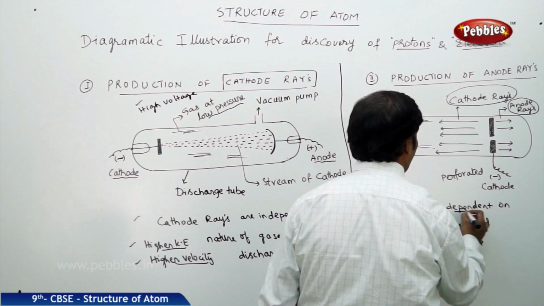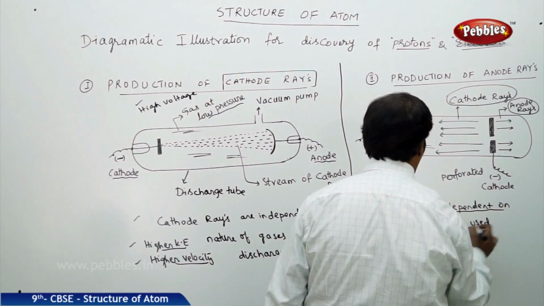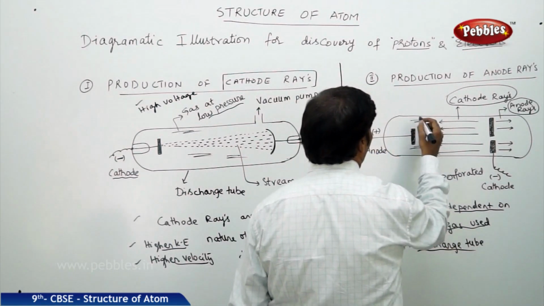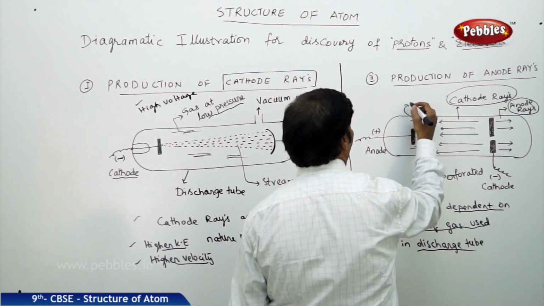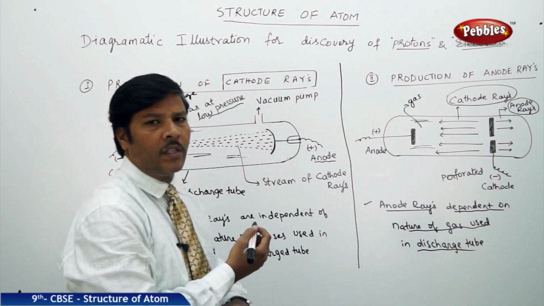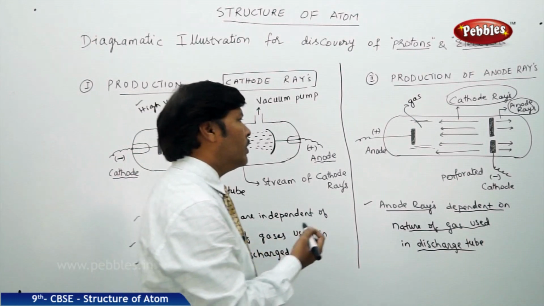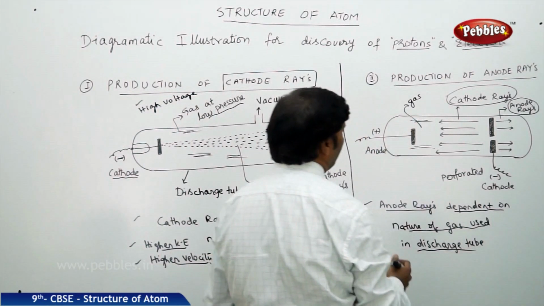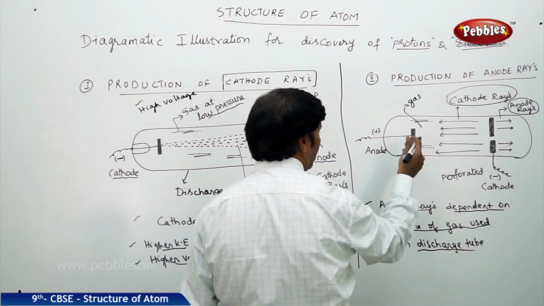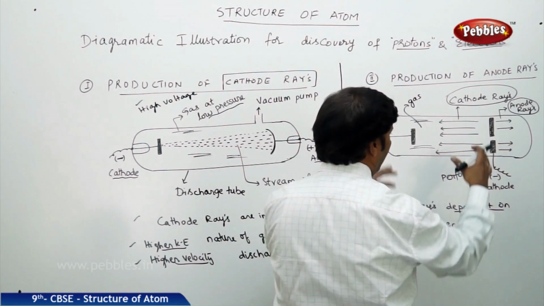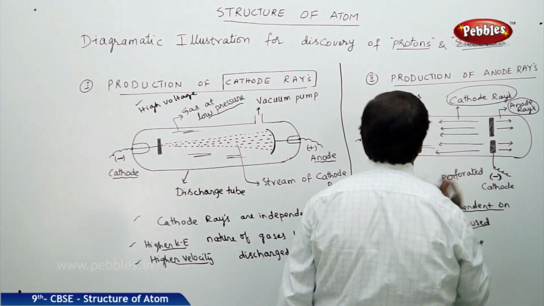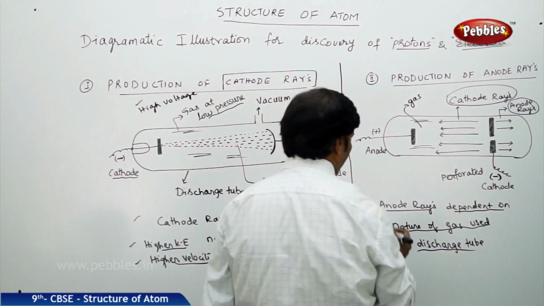And because we are saying that it is dependent on the nature of the gas which is used in the discharge tube, what is happening is, suppose you are trying to fill some rarefied gas inside the discharge tube, for example helium gas or hydrogen gas. Then, if you are using hydrogen gas, once you pass the electric current at high voltage into the discharge tube, you find that the gases which are present